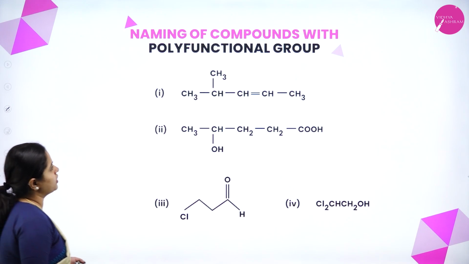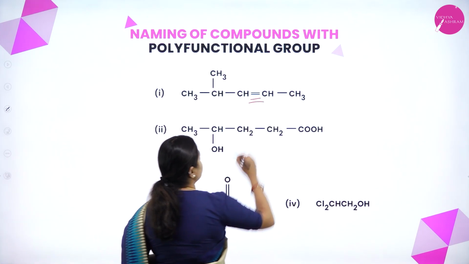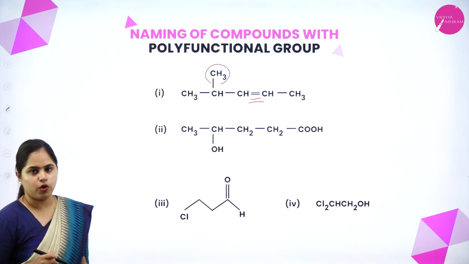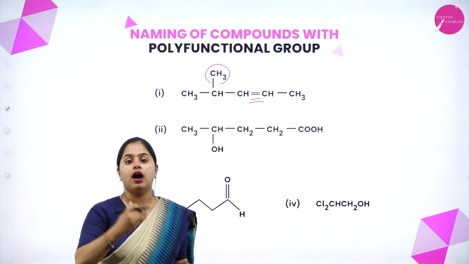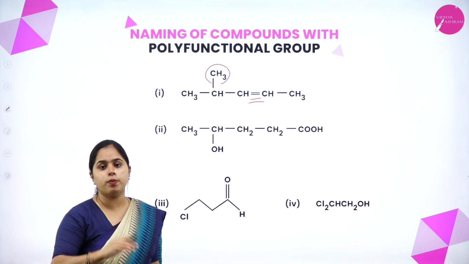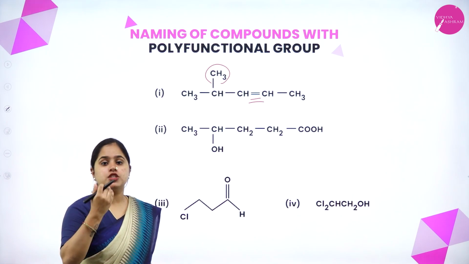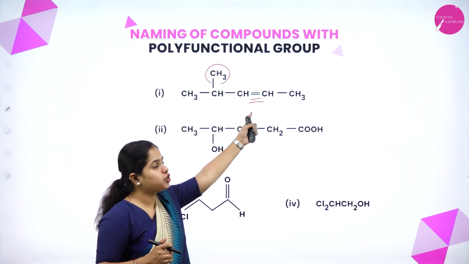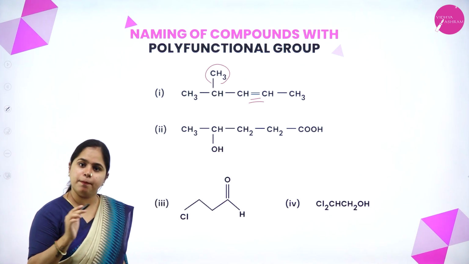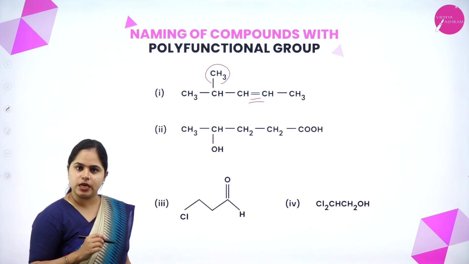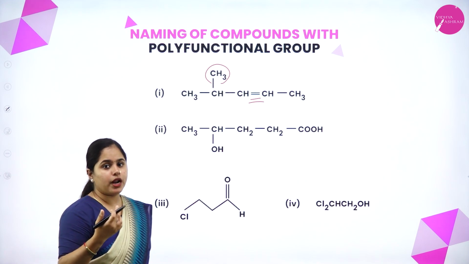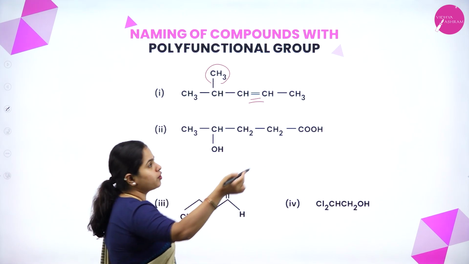So the first one, as you can see here, there is a double bond which is present here. As well as you can see a branch here, that is a methyl group. So as we studied just now, according to the priority list, the double bond, that is the alkene, has more priority than the alkyl groups, right? So this should be present as the suffix and the methyl group will be present as the prefix, right? That is considered as a substituent. So the priority goes to the double bond. So we should start numbering from that direction, right?